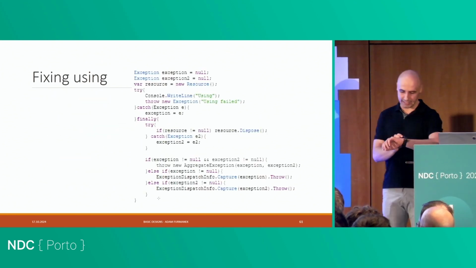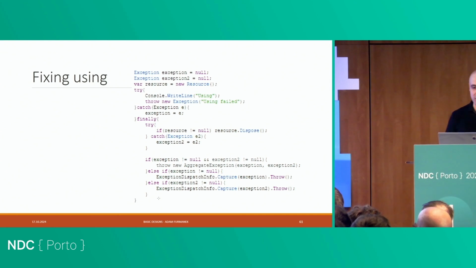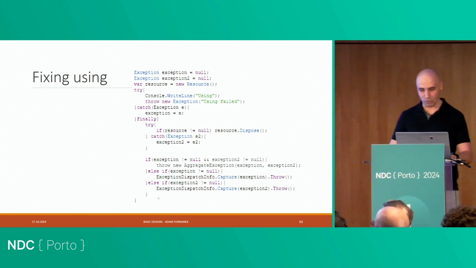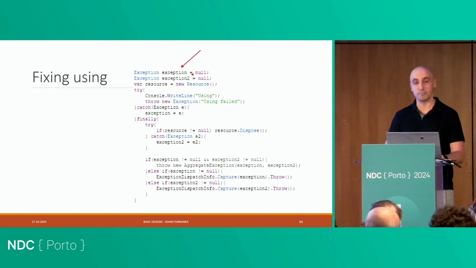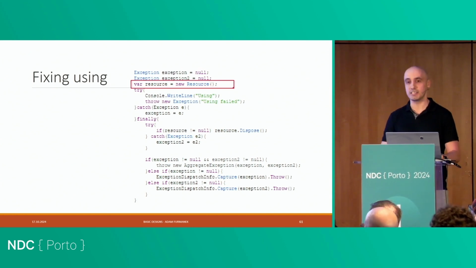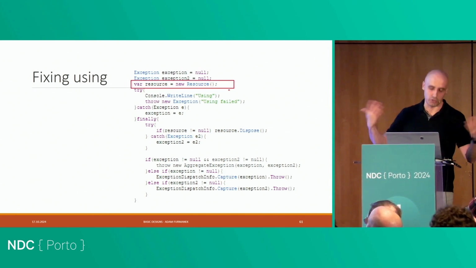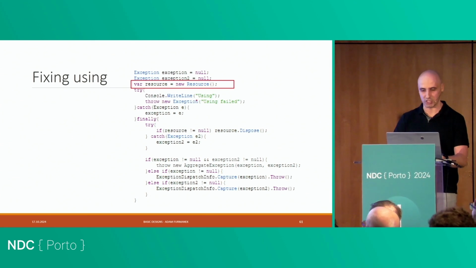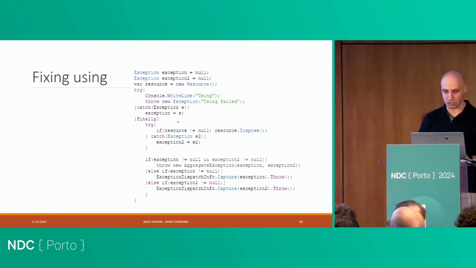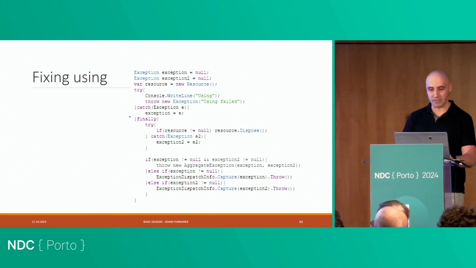How should we fix it? Well, to fix it in C#, this is the piece of code that you should use instead of the using construct. So what do we do? We prepare two variables for exceptions. We initialize them before the try block just for the sake of compatibility with the using construct. We throw the exception, we catch the exception here, and then in the finally block, we try to dispose the